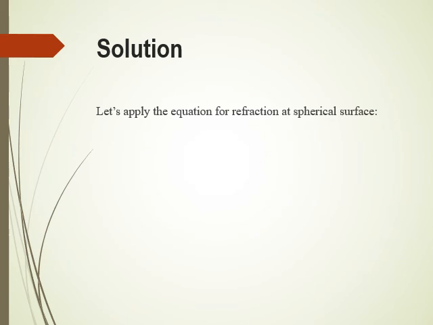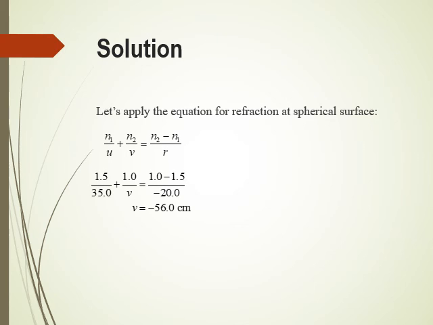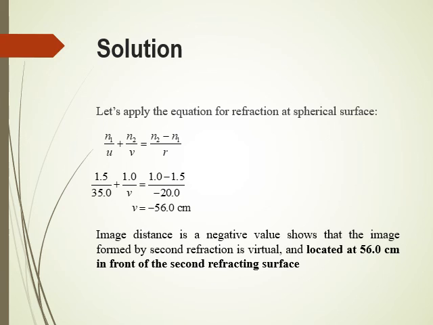So let's apply the equation for refraction at a spherical surface. Now substitute the values into the equation and you will get V equals negative 56 cm. When you have a negative V, it means the image is located 56 cm in front of the